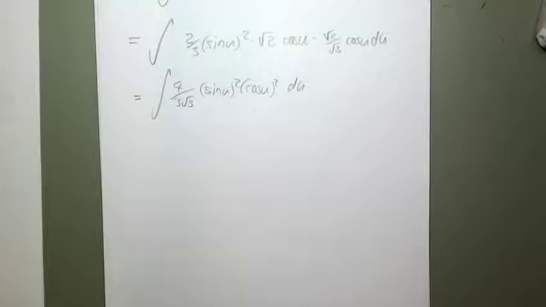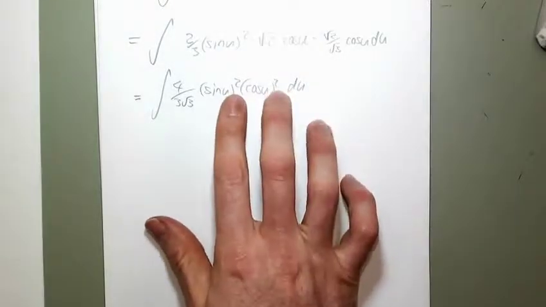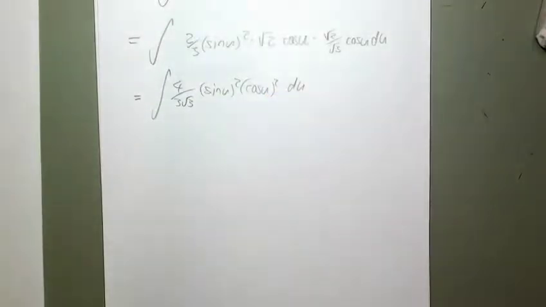Just to point out what would have to happen at this stage, the fact that they're both even powered means that if they were odd powered, I could pull off one of the sines or cosines and do another substitution. But that probably means I could have done an ordinary substitution to begin with. So usually you don't need to do 2 substitutions if you've done it properly. And the fact they're both even means that my only hope is to use some trig identities. And so I do know that